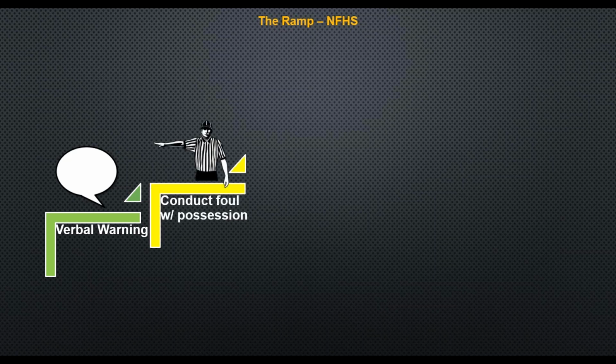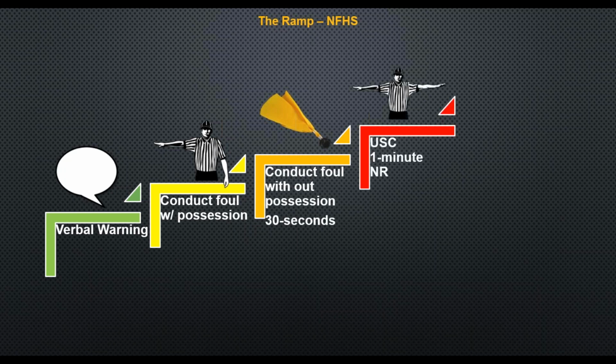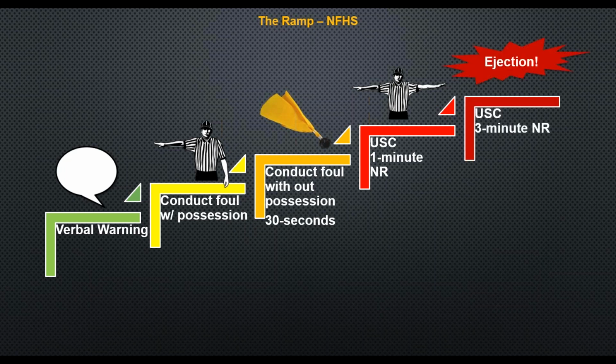After the verbal warning, we work through a conduct foul with possession, which is simply taking the ball away or awarding possession. The next step up is a conduct foul without possession, which becomes a 30-second technical penalty. Working up through unsportsmanlike conduct, a 1 minute non-releasable, all the way up to a 3 minute non-releasable unsportsmanlike